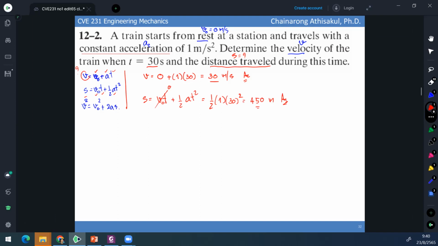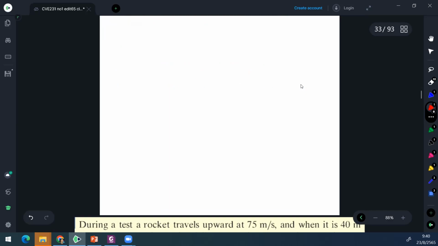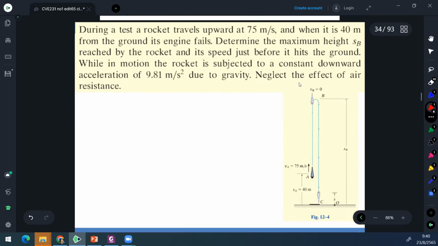Okay, so for the next problem is the rocket problem. During a test, a rocket is traveling upward at 75 meters per second when it is 40 meters from the ground. At this point, point A, that is 40 meters from the ground, the engine failed. So it means that it goes up with this initial speed, and with the constant